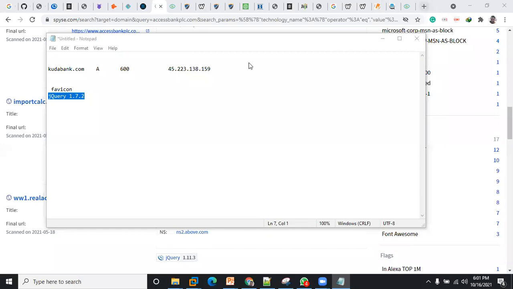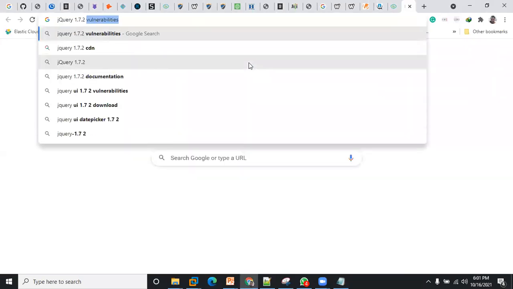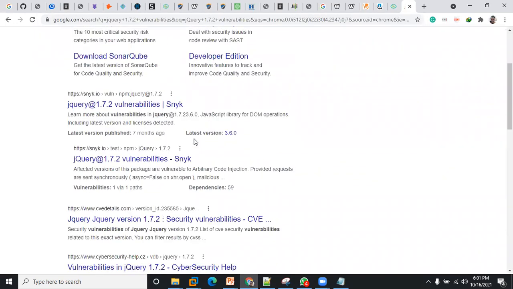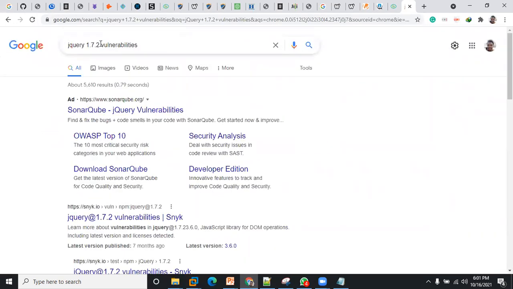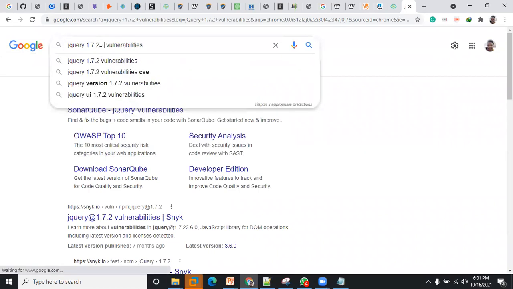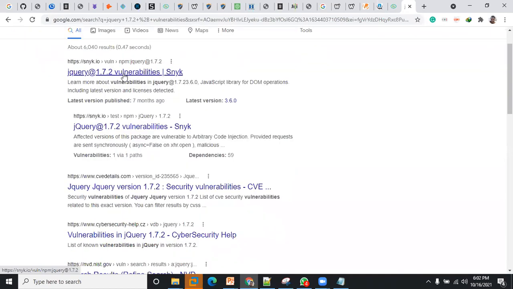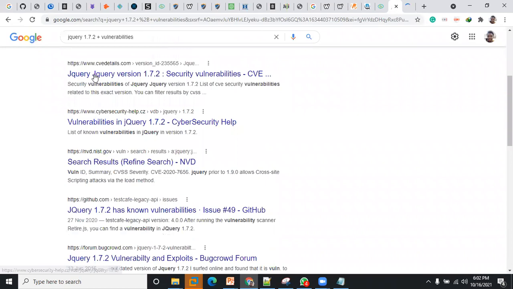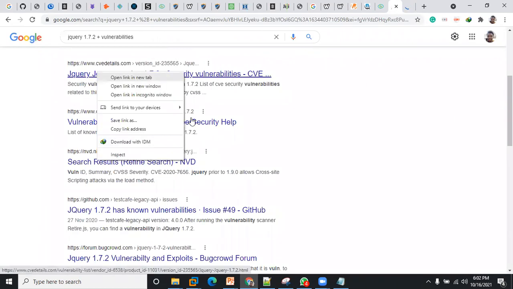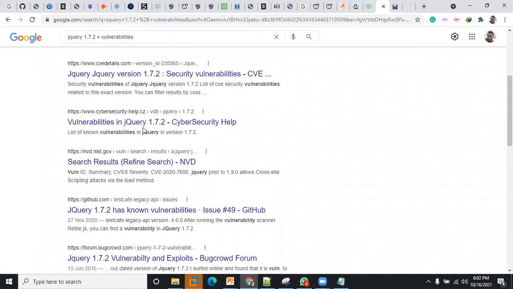You can check on Exploit-DB, or just check for vulnerabilities. Do we have any vulnerability available on this? CVE. Seems like there's something out there.